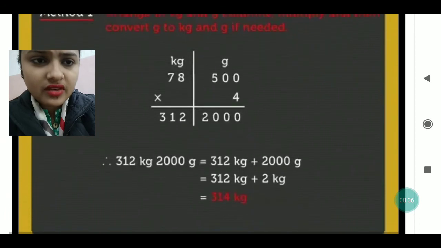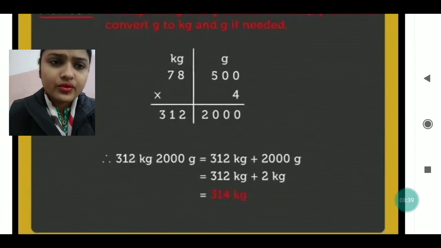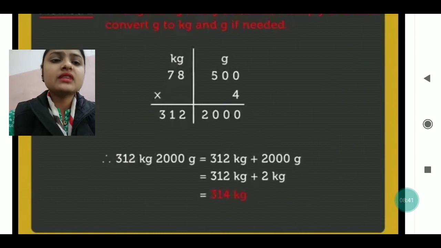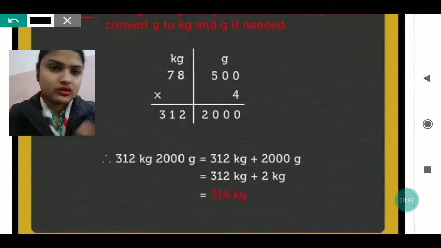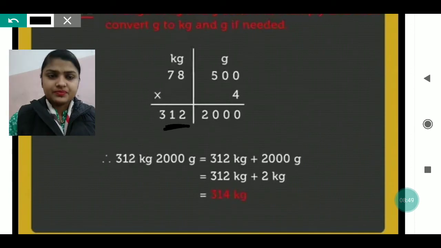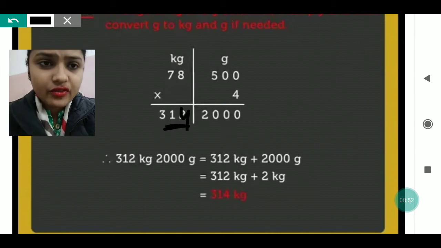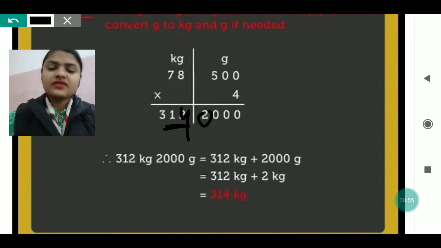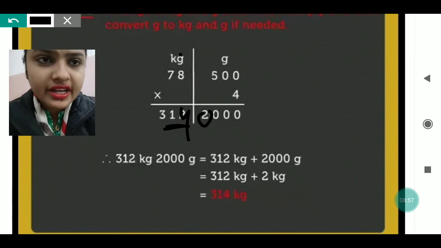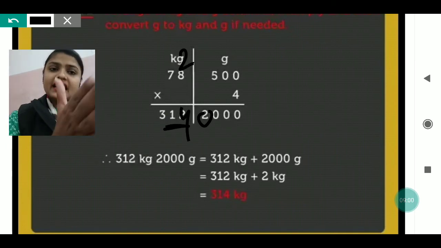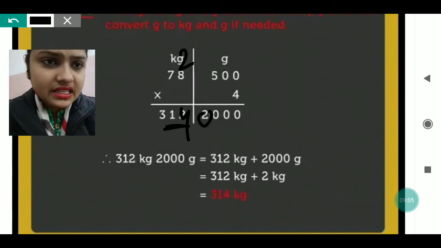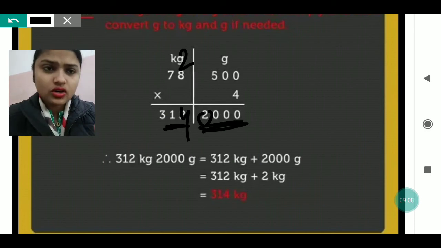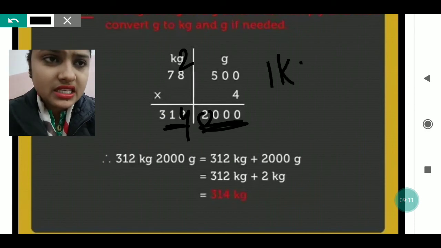So the answer which we have got is 314 kgs. Okay, see, why it is written 314 kg, that also I am telling. Suppose here it is written, yes, 314 we have got, and here we have got 0. So that is why it is written 3. What I have done, I have already written that 2 here only, and I have added it there with 32, and then I have got 340. Here what has been done, this 1000 is first we have got in the kg column. We already know 1 kg is equal to 1000 gram.